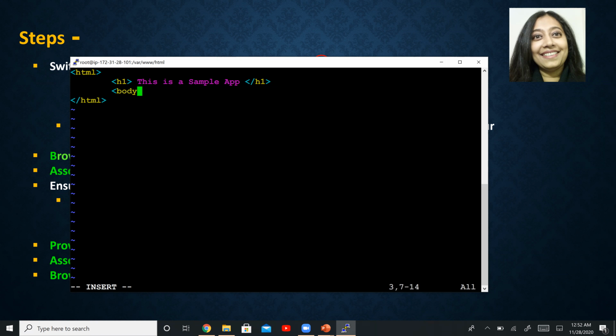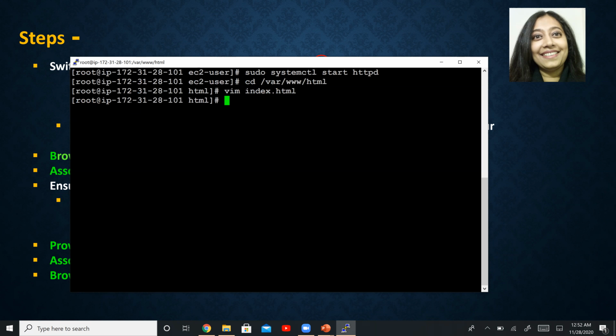We can add some body, some text goes here, and we will close our body right there. Okay, so we added some text over here, which is good. We have to just go ahead and save this file. So :wq, and this is awesome.